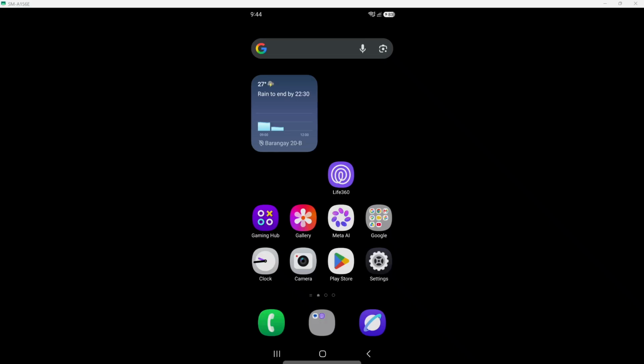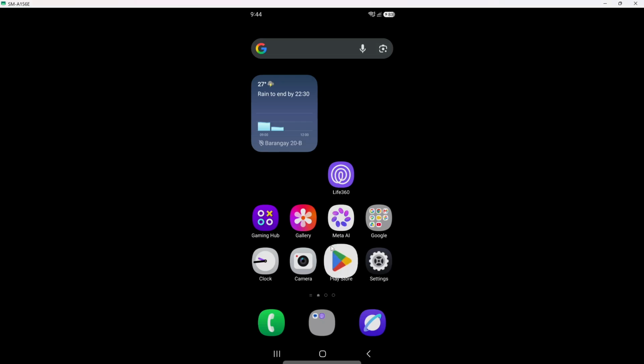In today's video, I'm going to teach you how to add a card to Google Play Store. First, open the Google Play Store application on your device. You will see a colorful icon that looks like a play button. This app is where you can download games, apps, and other digital content.